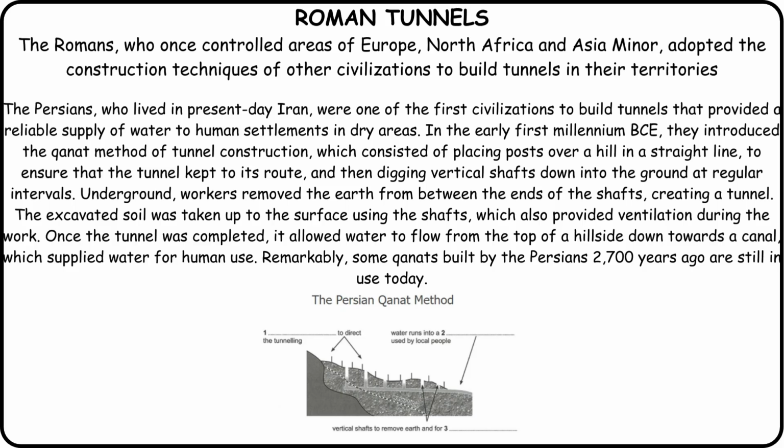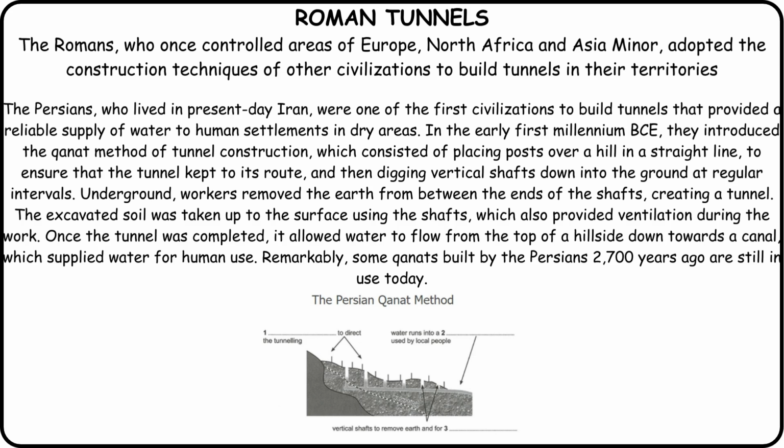Now let's read the passage. We should first read the title. Roman tunnels. The next 2 lines right beneath the title is called the subtitle, and it tells us in short what the passage is about. It is important to read that too. Now to start finding our answers, we need to locate the keyword Persian Kanat. This can be located in the 3rd line. Since the sentence starts from the 2nd line, we will start reading from there.